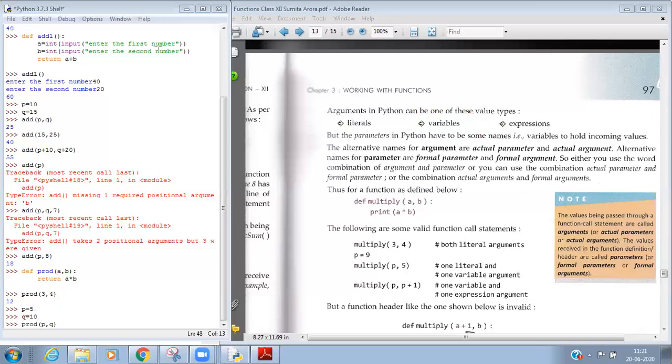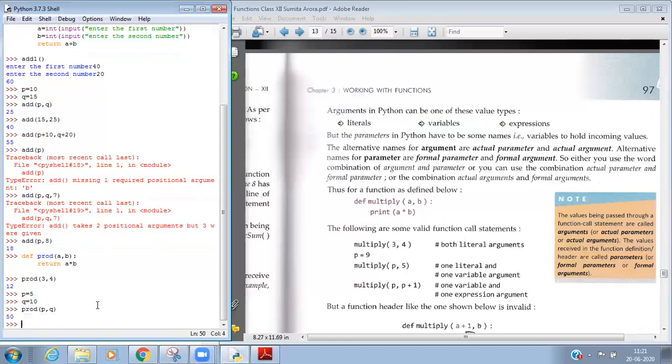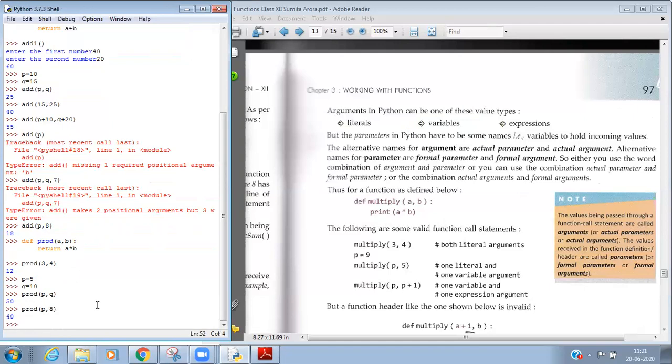So here we run the function and you will understand. We can also pass mixed values like prod with one variable p and one constant value. So it will give the result.